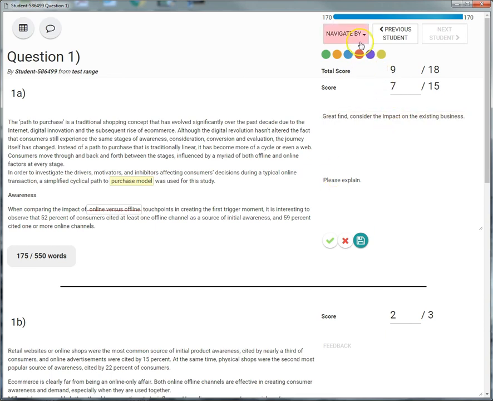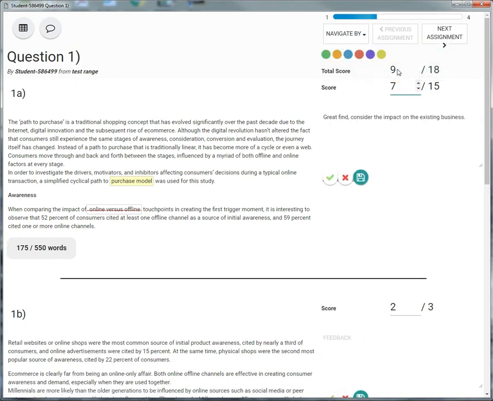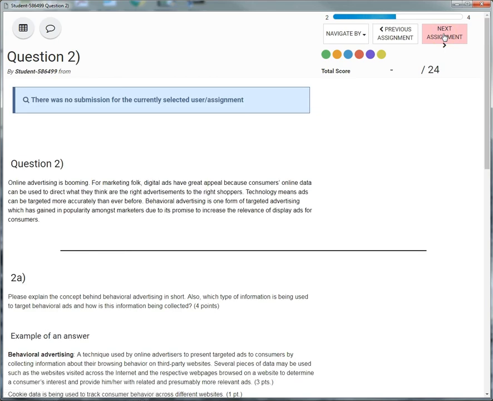In this example, we chose to grade by questions. We can switch to grade by student using the Navigate By button. In both cases, the progress bar will show the overall grading progress based on the selected navigation method. When reviewing all submissions for a student, skipped submissions will also be shown in order to provide a complete overview